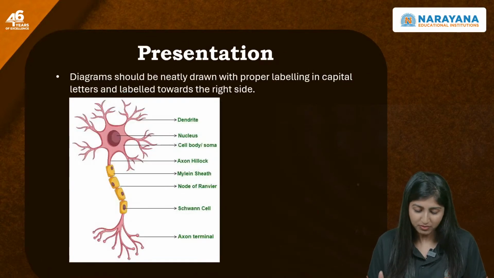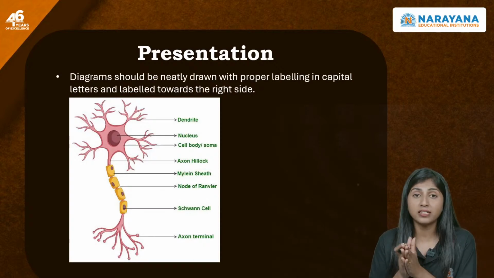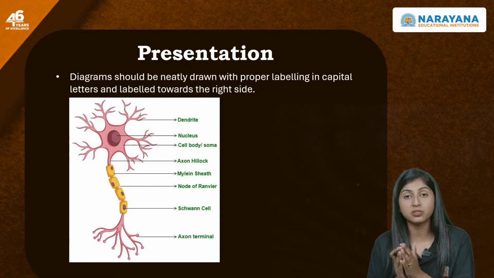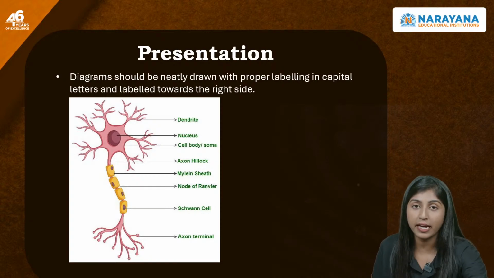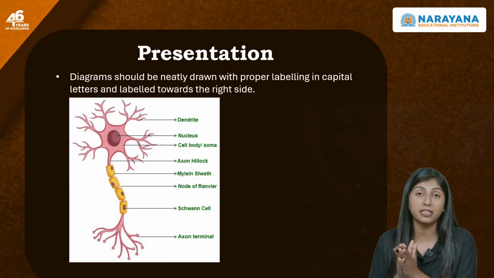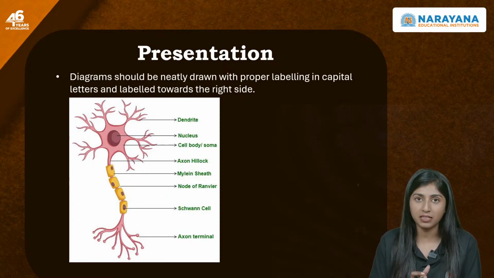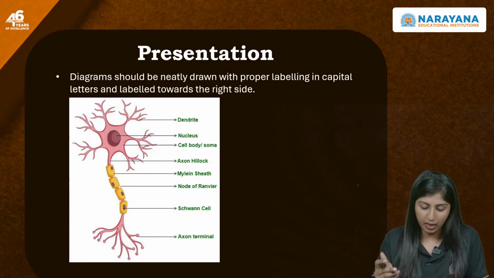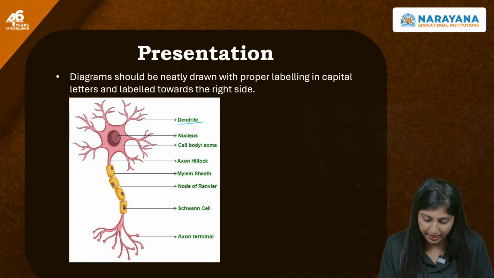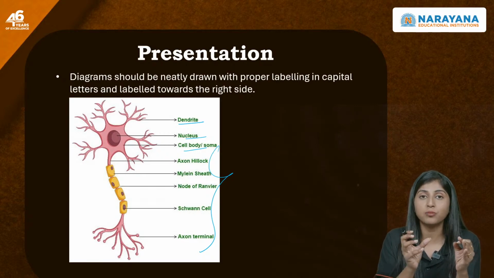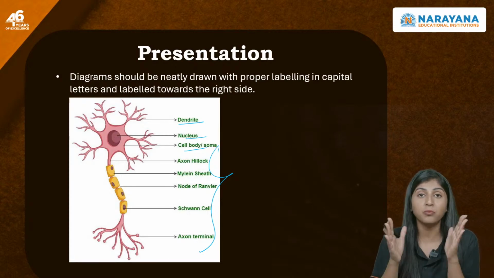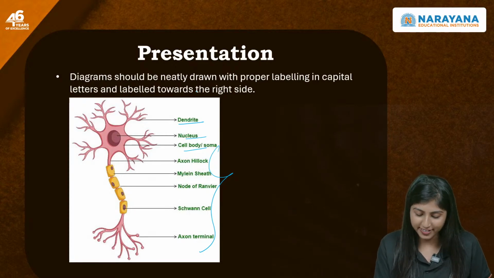Now, whenever you are drawing the diagram, this is very important, student, that you should label it properly, right? Whenever you're drawing the diagram, you have to label it properly. अभी लेबलिंग का मतलब क्या है कि whatever things आप लेबल करना चाहते हो, जैसे यहाँ पर डेंड्राइट, न्यूक्लियस, सेल बॉडी एंड अदर थिंग्स। तो यहाँ पे क्या किया गया है कि सारी चीजों को बहुत ही प्रॉपरली लेबल किया गया है। And now which side you will be labelling, so the most preferred way is the right